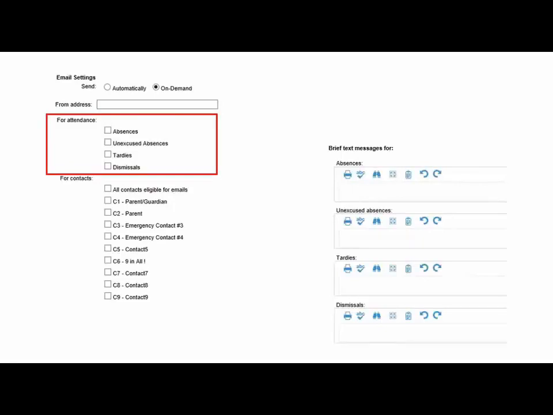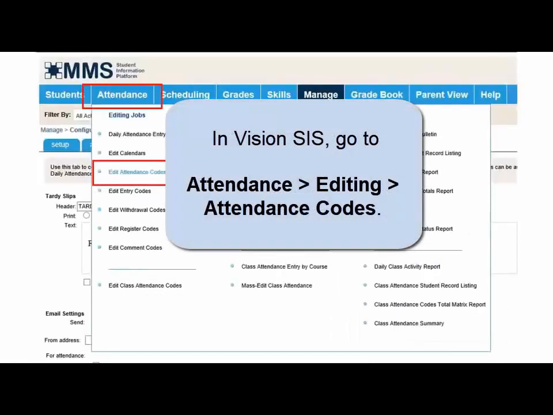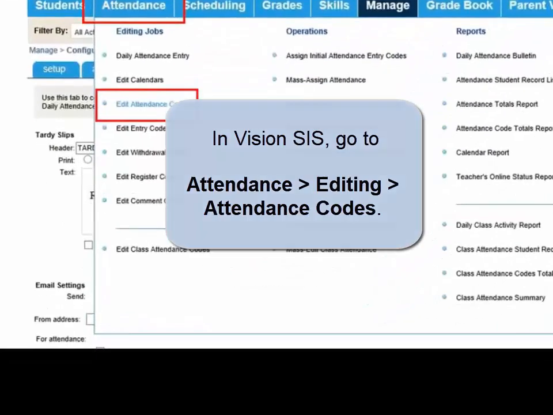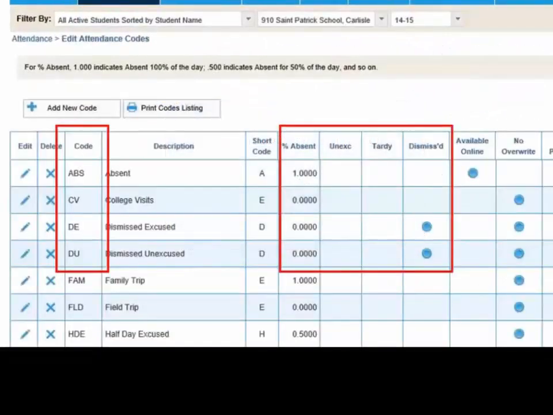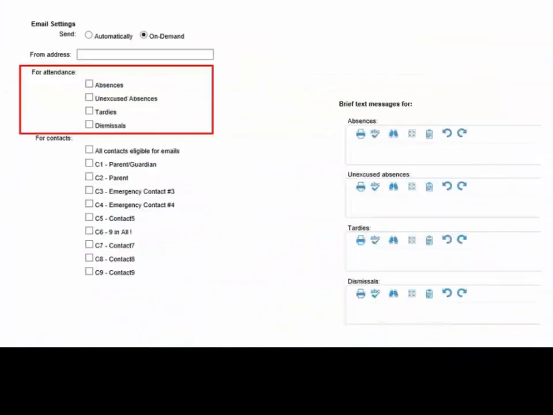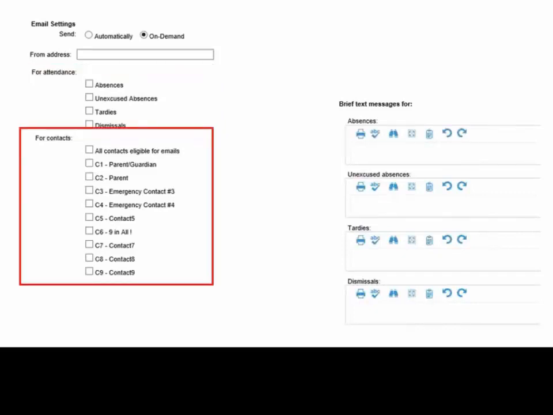Can we take a look at how that's set up? Sure. In the attendance menu, there's an option to edit attendance codes. So if a specific code is indicated that it relates to an absence where that percentage absent is greater than 0, or any of the options are selected for that code as unexcused, tardy, or dismissed, that's the flag that MMS uses to recognize attendance codes assigned to students that relate to the tardies and dismissals. So these attendance flags are related to the checkboxes the school can choose? Yes, you can choose any or all of the codes listed,